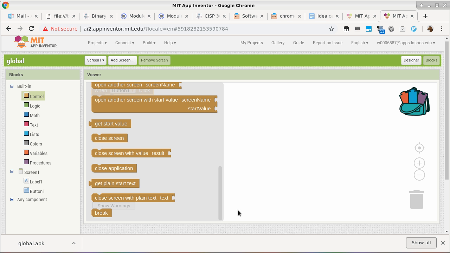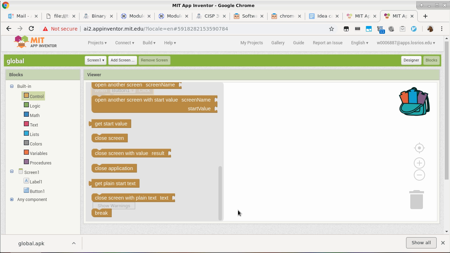Yep. So you have open screen and you have close screen. Am I assuming if you're on screen two and you do close screen, it goes back one screen to screen one? What's the difference between closing and opening the screen, I guess? To close a screen, basically it is literally just closing the screen. It goes back to a previous screen if there is one. The ordering of opening screens establishes what we call a layer or a stack. So when the screen is closed, it goes back to whatever was the screen before that.